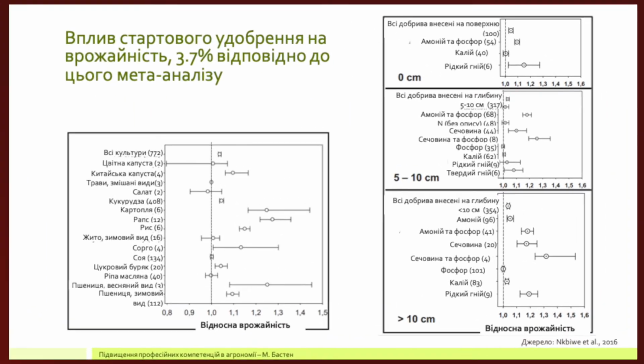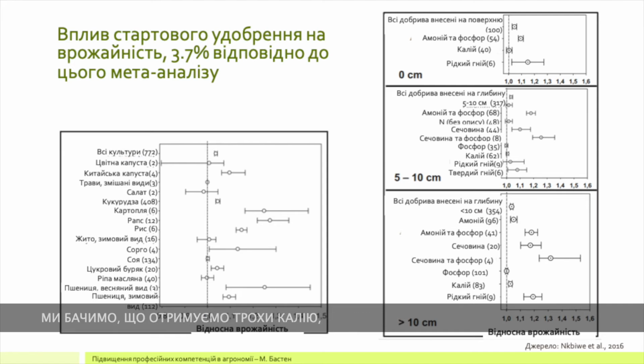The question is always where the depot should be and what kind of nutrient form or nutrient has shown effects. Let's say this is very much a surface application. Again, liquid manure, I think it's not so much of interest now. Again, we will see that we get, of course, from potassium hardly any effect. As expected, ammonium and phosphate, quite good effects. And then depending on the placement depth, either 5 to 10 centimeters or bigger than 10 centimeters, there is not surprisingly not a big difference.